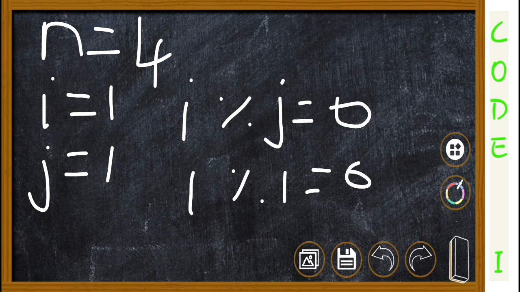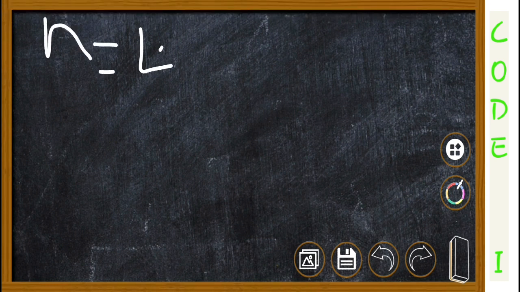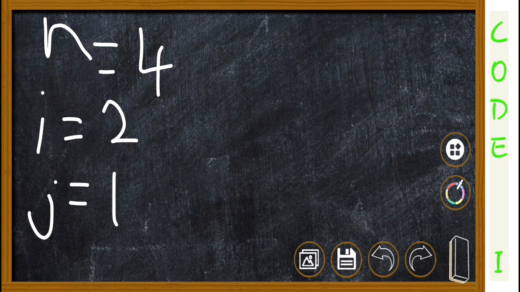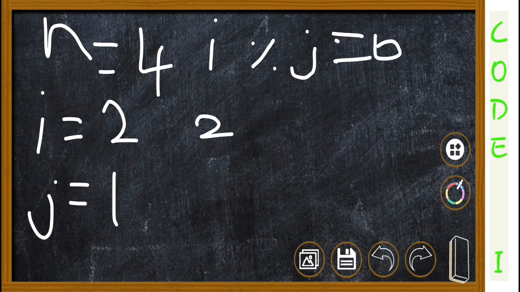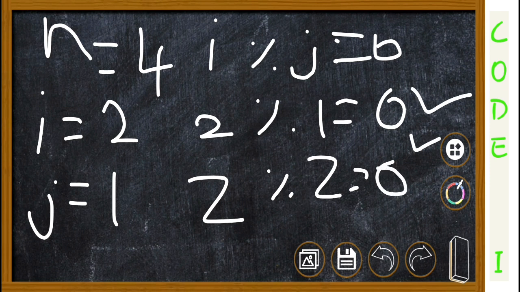So let's take next as the input 2, and i becomes 2, j starts from 1 because it is the inner loop. So i mod of j equals to 0, this was the if condition, and i equals to 2, j begins from 1, yes, the remainder is 0. i is 2, j becomes 2, it increments the inner loop and the remainder becomes 0, both conditions true. This also, 2 is a prime number.